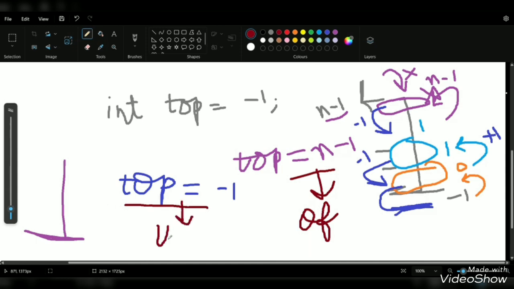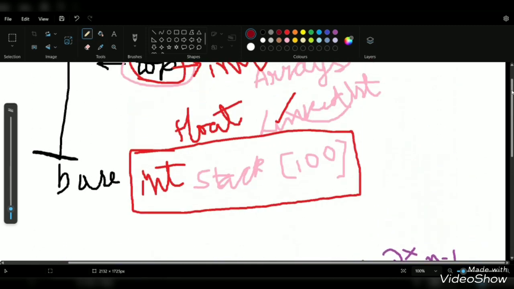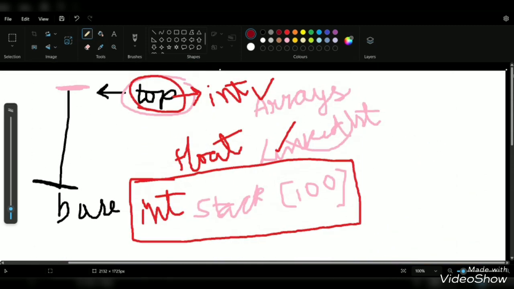So this is about the basics of stacks. In further videos, we're going to see applications of stacks, and everything related to the stack. Like what the advantages and disadvantages of using a stack are, and what the types of representation are. As I said, we can use the array representation, and also the linked list representation, for implementing this stack